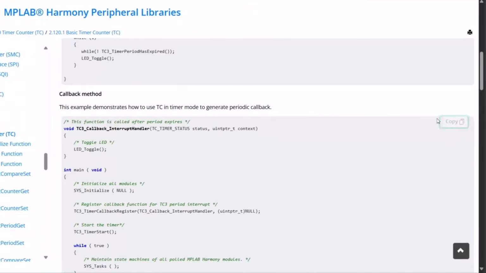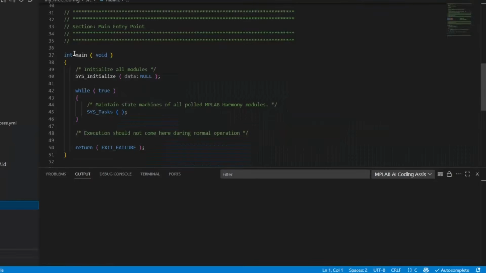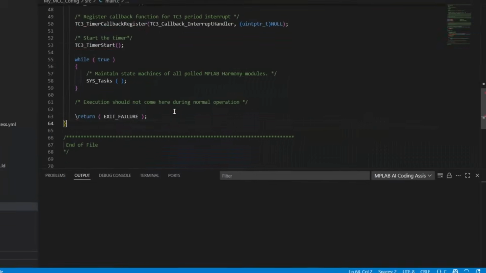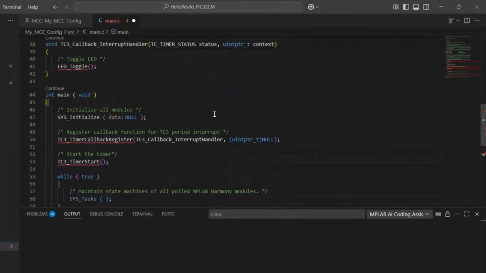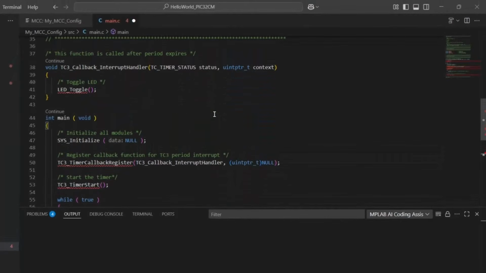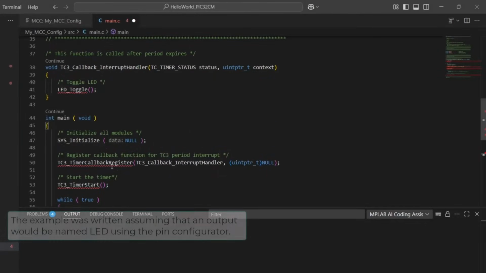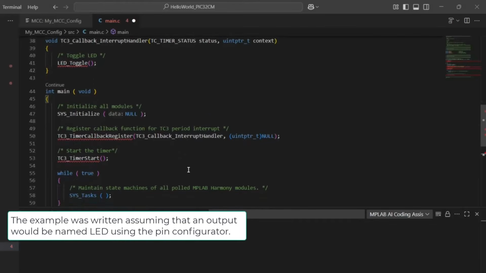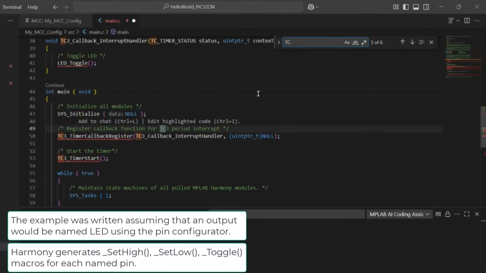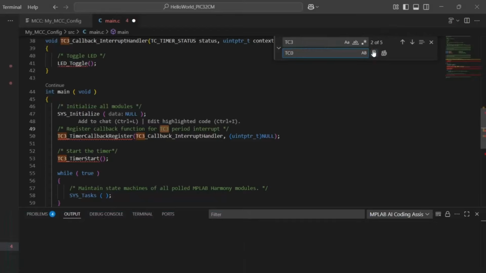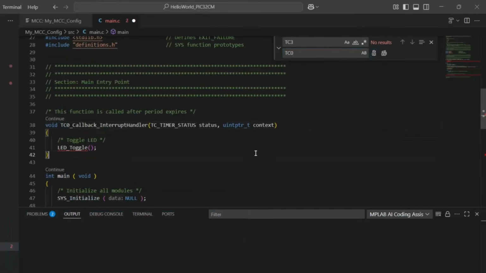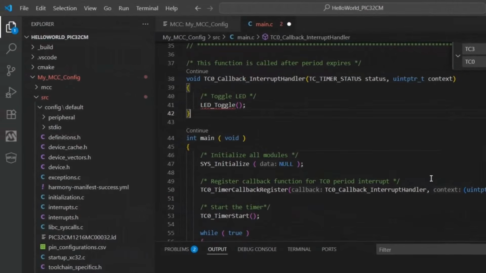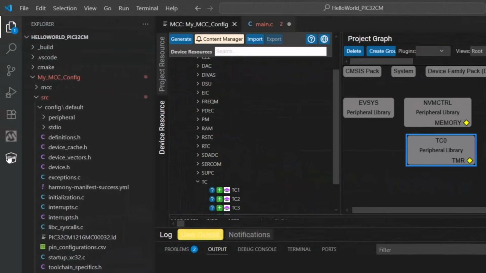Let's go back to our example code and paste. Okay, so this looks good, except we haven't set up a LED yet, and we see that it's TC3, so we can quickly replace TC3 with TC0. Okay, and now just LED. So going back here,